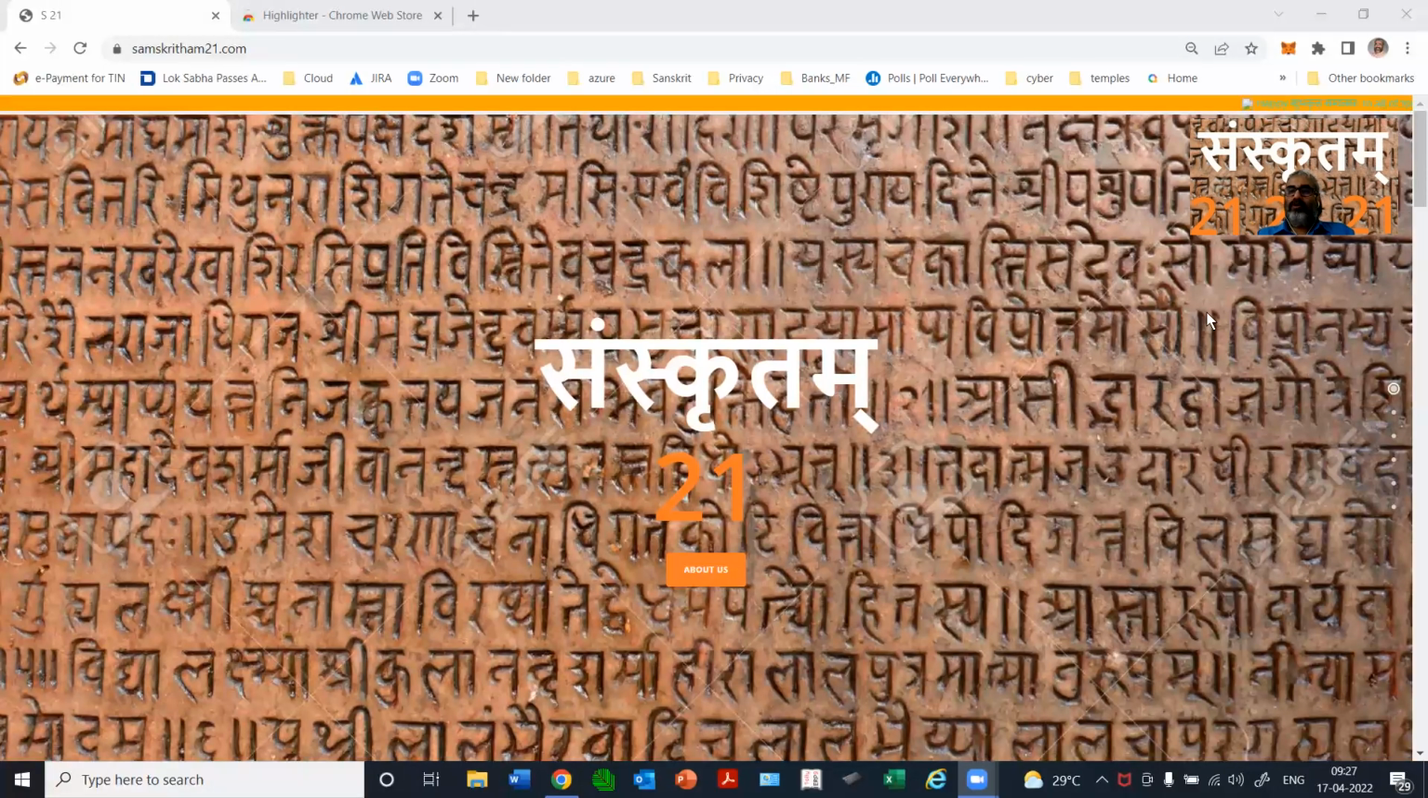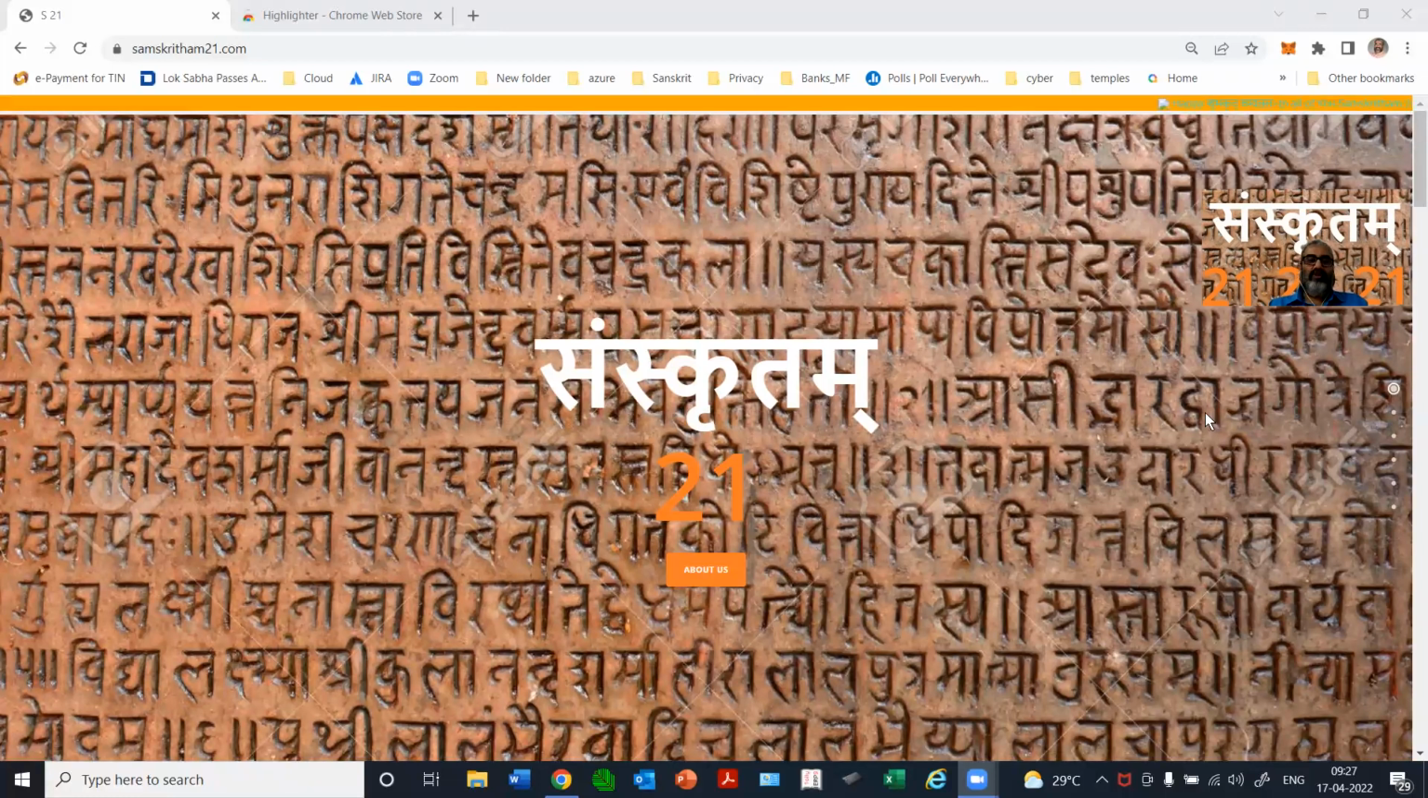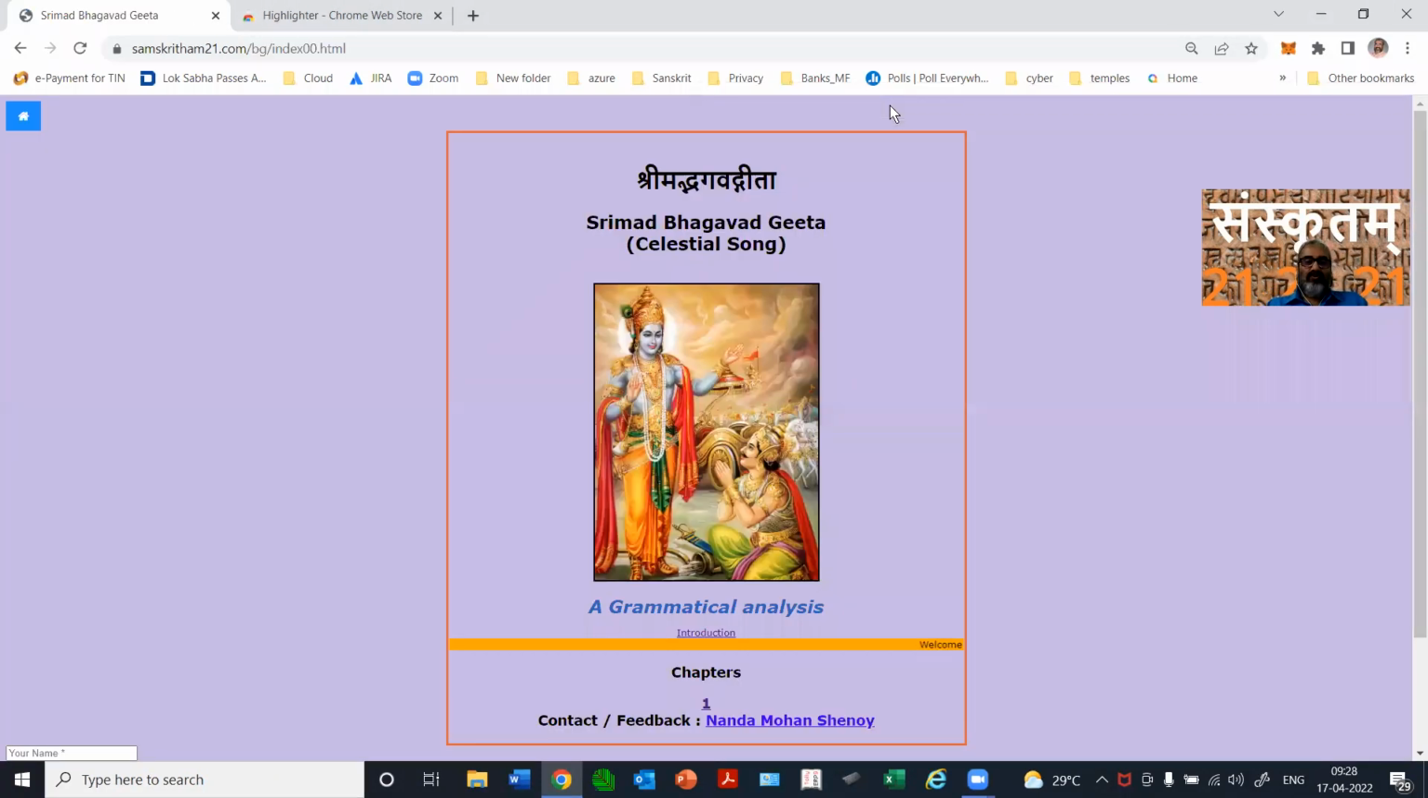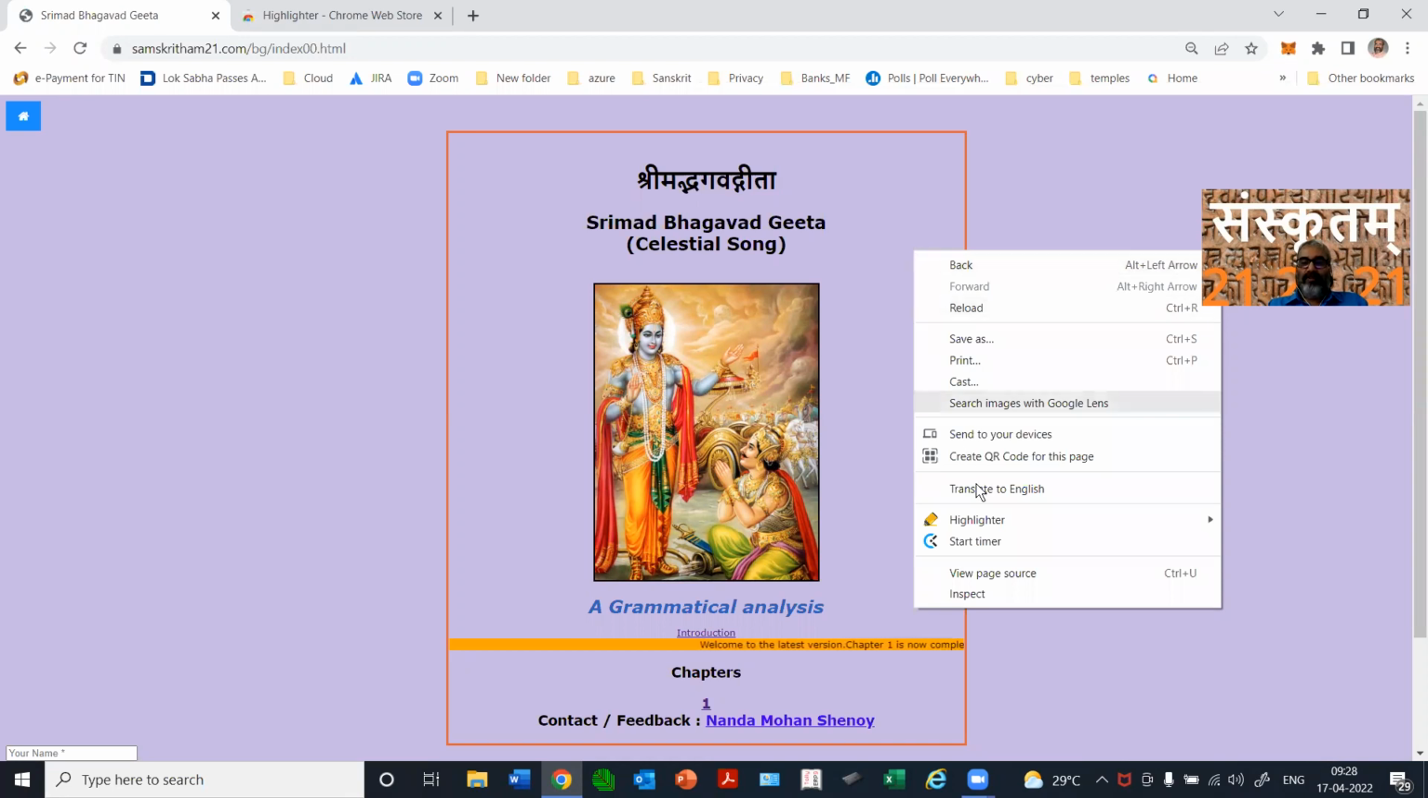Welcome to the Gita samskritham21 Bhagavad Gita website, which was launched recently on samskritham21.com. On the top, there is a message box. You just click on that. Once you click on that, you will get this screen, or alternatively, remember the shortcut, which is